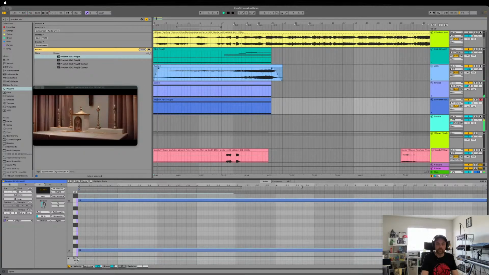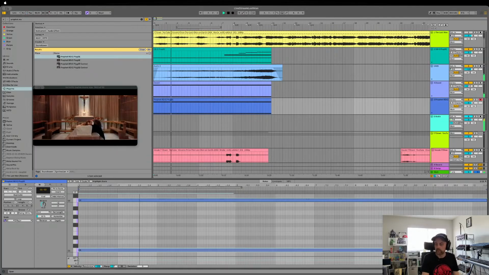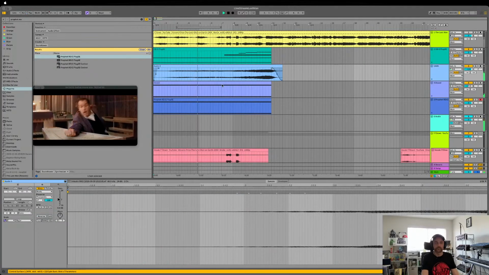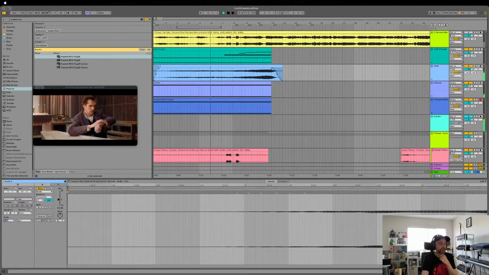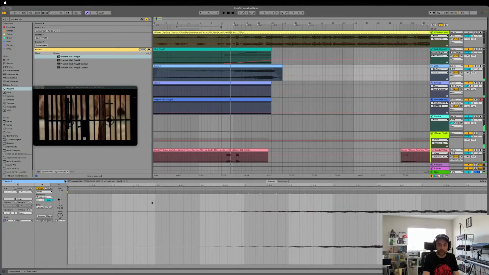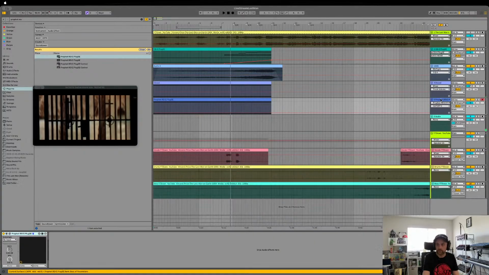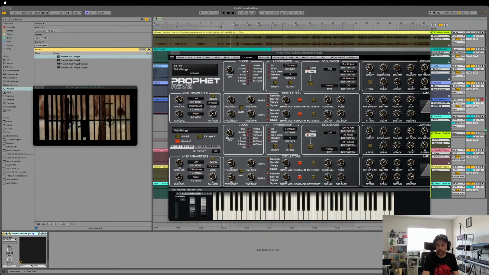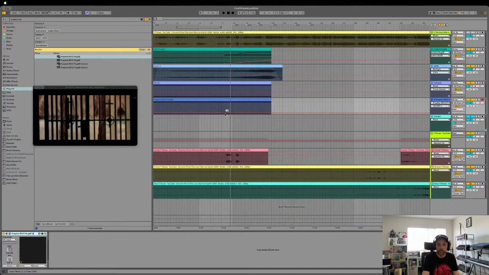So we have our Rev 2 sound here. The sun's already set. All right, so when he says the sun's already set, that's when we're going to bring up the cutoff a little bit so we can feel that tension. We're at 15 here, and when he says the sun's already set, we can see the dialogue there. We actually start to bring it up, bring it right here, and then we're going to have it ramp up even more towards the end here, and we're going to give it a little bit of